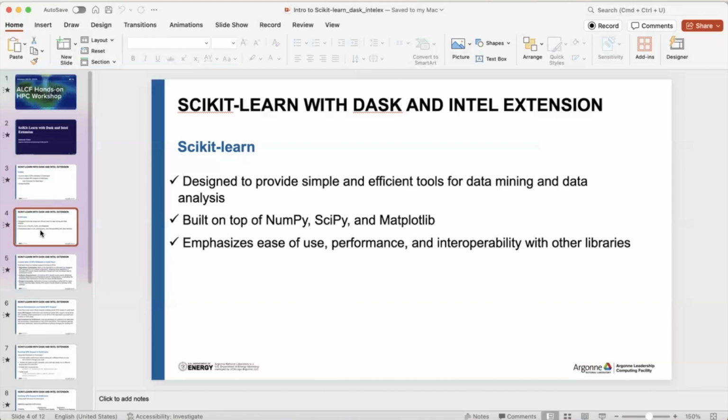SciKit-Learn is very easy to use, and in terms of performance, it's relatively okay. But even though its performance is okay, there is still room for improvement to achieve better performance. One interesting thing about SciKit-Learn is its ability to interoperate with other machine learning libraries. However, one common question within the machine learning community is whether it is possible to leverage GPUs to accelerate computations